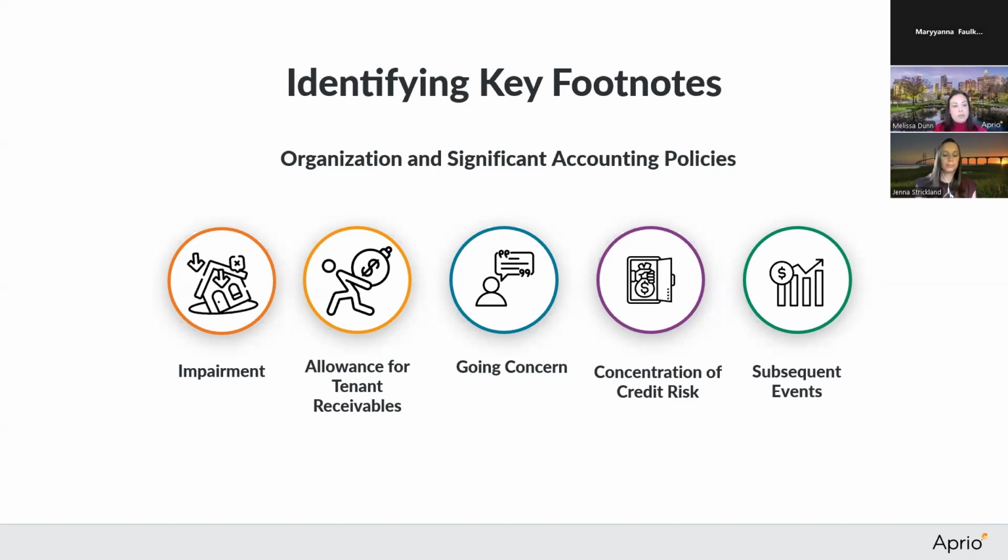The next I would look for is something called a going concern. It might be called company conditions. It's included if there are factors that would indicate the project may not be able to continue operations for the next 12 months without additional support from the general partner or from obtaining new financing. So this is really important to look out for.